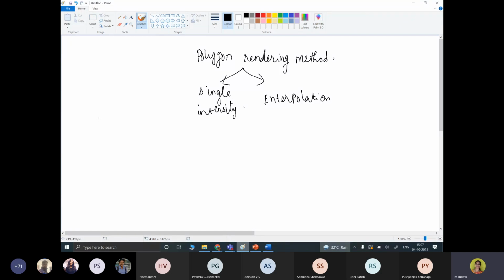Suppose you have an object which is a single color, then it is very easy for us to fill it with that particular color.